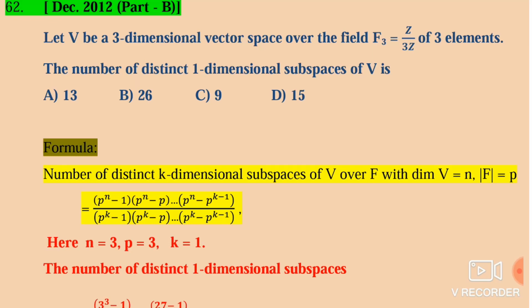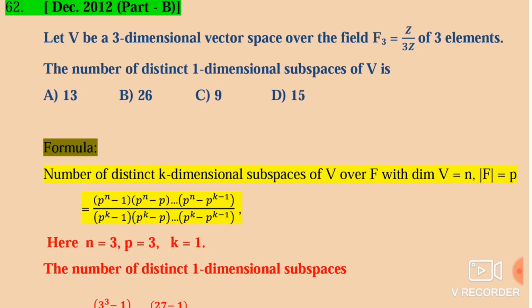என்னன்னா 3-dimensional vector space V என்பதைக் கொடுத்துறாங்க. ஃபீல்டு வந்து பொதுவாக நம்ம R அல்லது C என்று எடுப்போம். இந்த இடத்துல F3 என்று கொடுத்துறாங்க. F3 is the field. F3 is equal to Z3. Z3 means 0, 1, 2 elements. Like that, there are 3 elements. So number of elements alone is enough. Don't bother about the entries or elements.